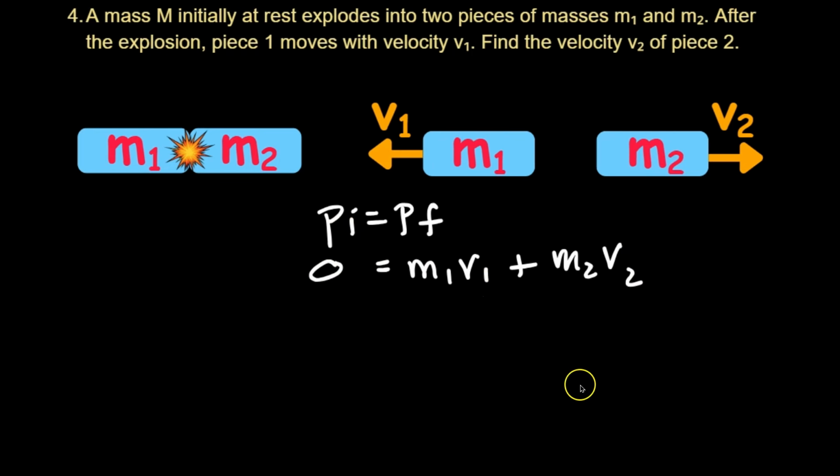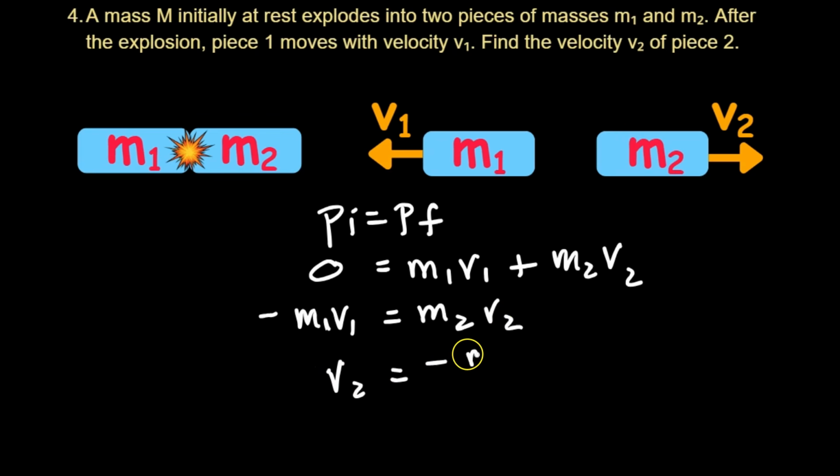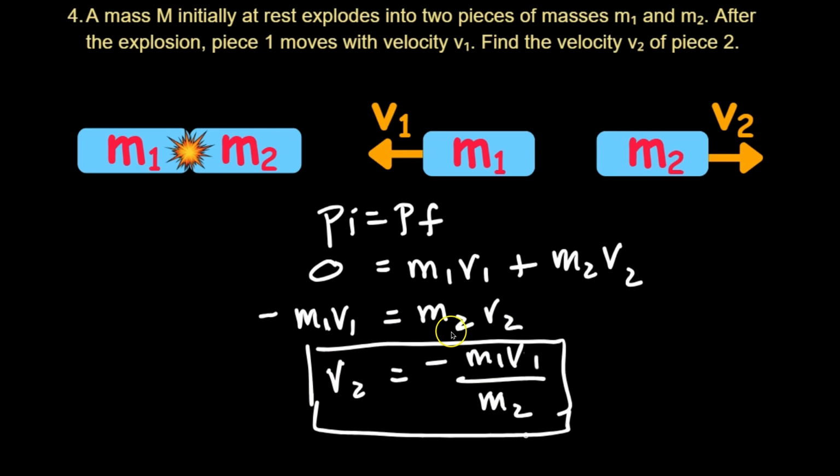We're going to move the m1 v1 to the left-hand side, so it will be negative, and we're solving for v2. I'm going to divide m2 on both sides, so v2 is equal to negative m1 times v1 divided by m2. You notice there's a negative sign, and that negative sign just means that v1 and v2 are moving in opposite